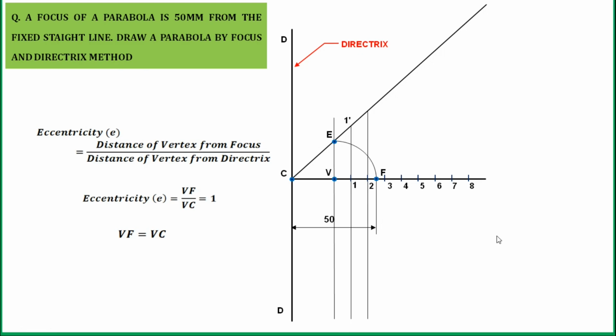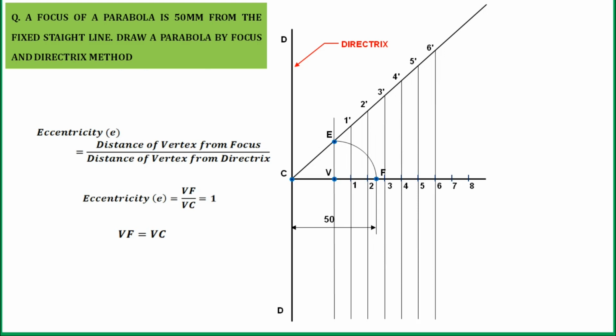Similarly from 2, it will intersect at 2 dash, and draw the vertical line passing through all the points till it intersects this line CE and mark the corresponding points with a dash. Now next, take the vertical distance 1 dash in the compass and take the focus as a center and draw arcs over the same line, that is 1 dash, from both sides. That will be your first point over the parabola.